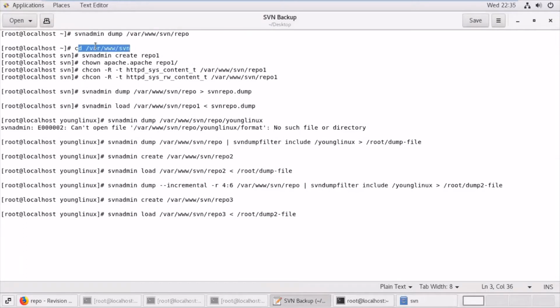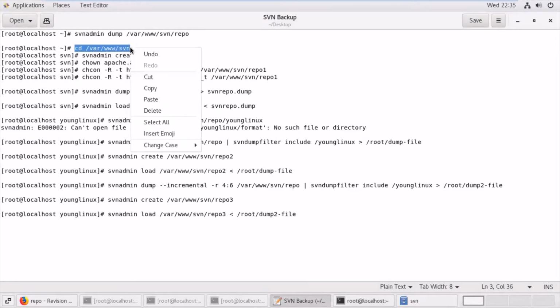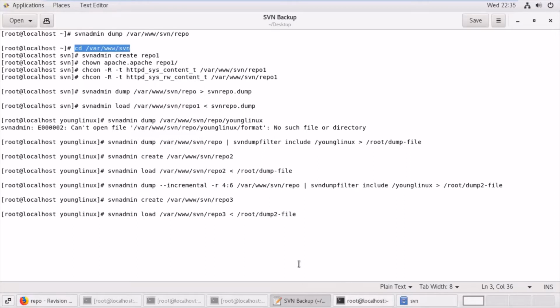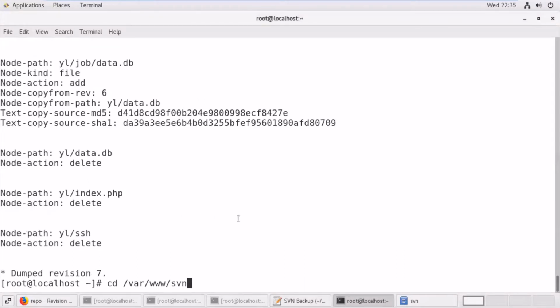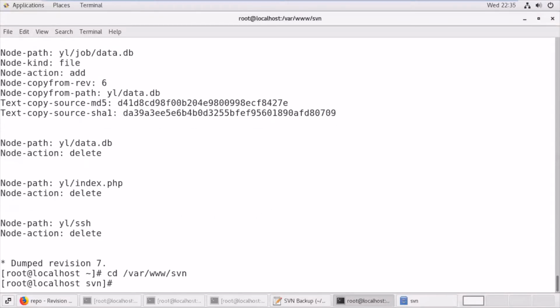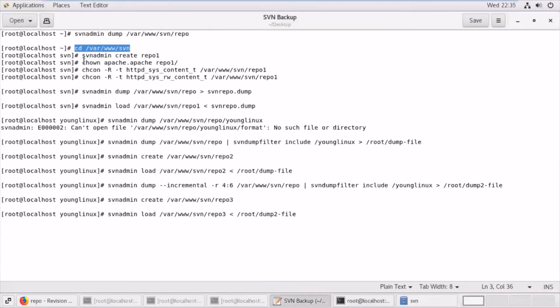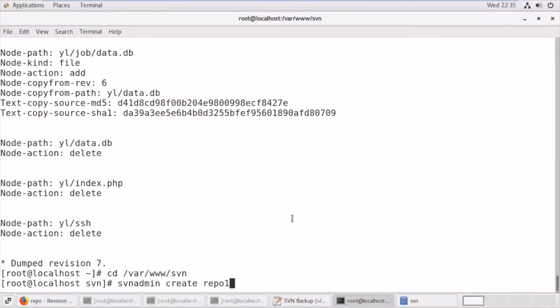So what I'll be doing is, as I have told you, I'll create another repository first. This svnadmin create repo1 command will create a repository under the SVN folder.